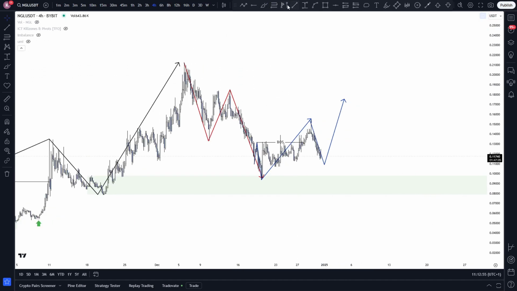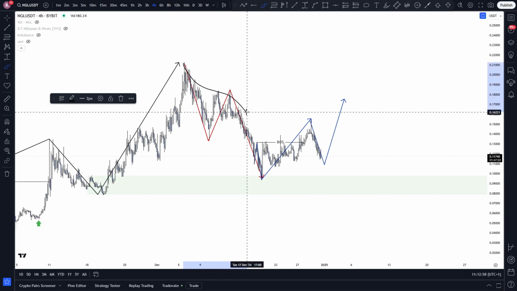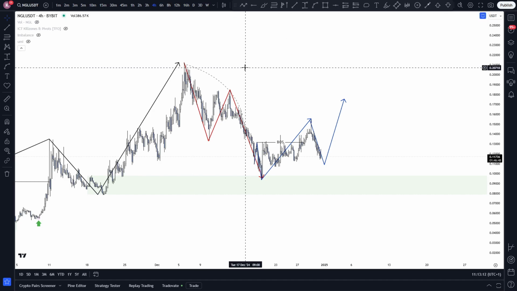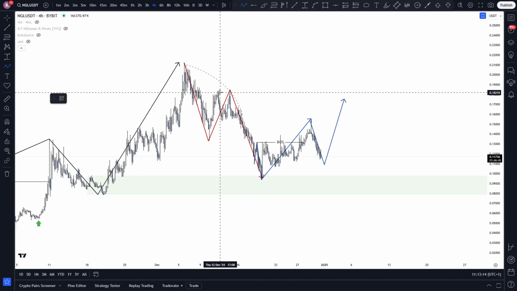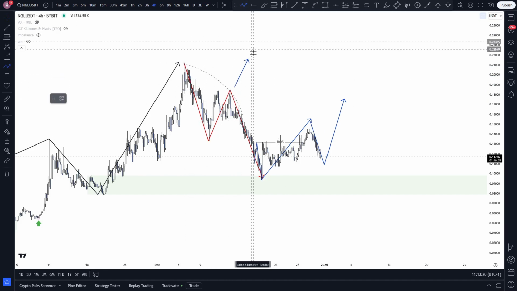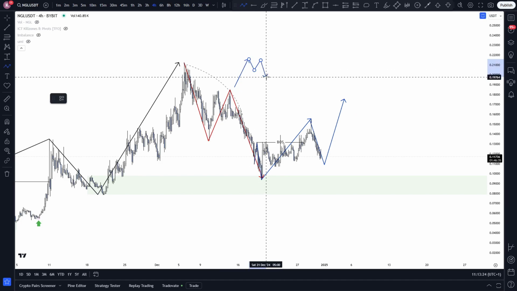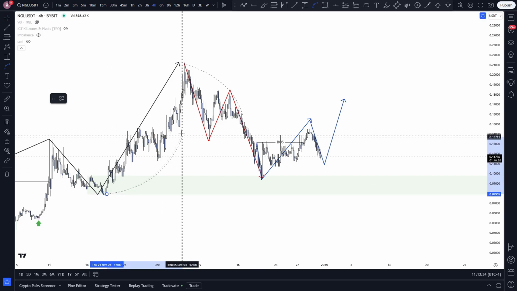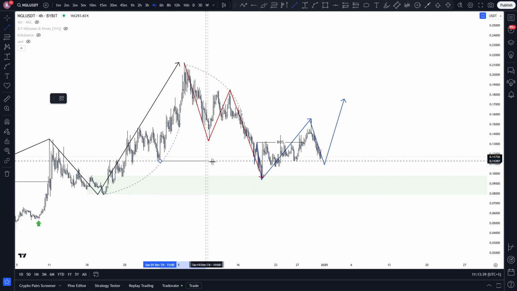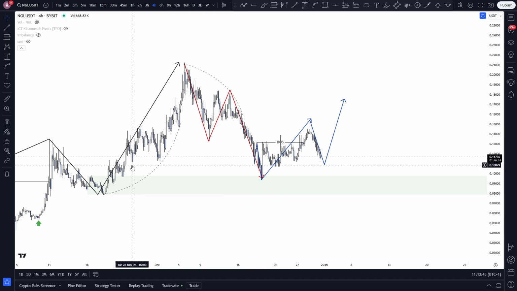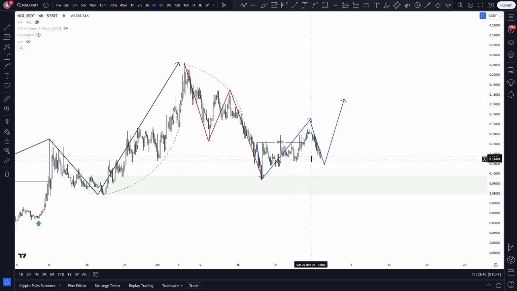What's positive about this chart is that we have left our highs open. What does that mean? It means there's just liquidity on the highs. If the market really wanted to go down, we would have needed to use this liquidity, so get a liquidity hunt above this high and then get a rotation towards the downside, because this is the way the market makers need to fill their orders. They need to stop people out, just like right here. There's a lot of liquidity here and there's just stop losses below these lows. So the bullish market makers need to stop these retail players out for them to fill their own positions.